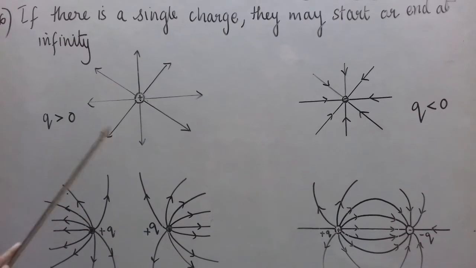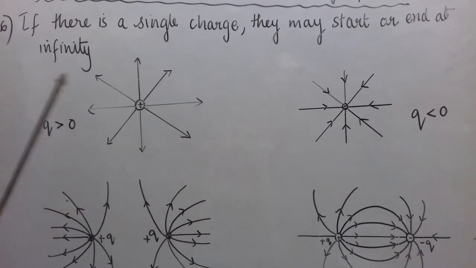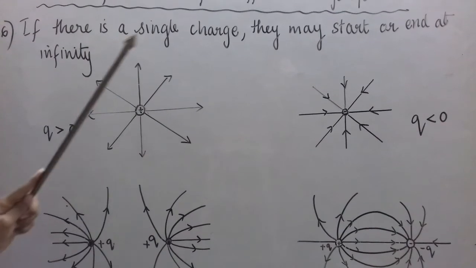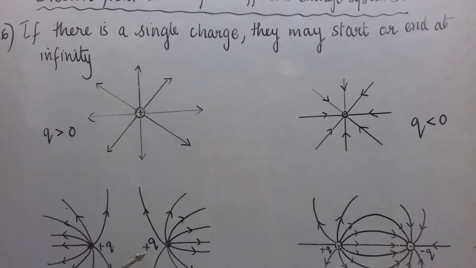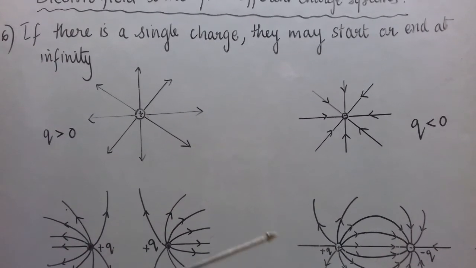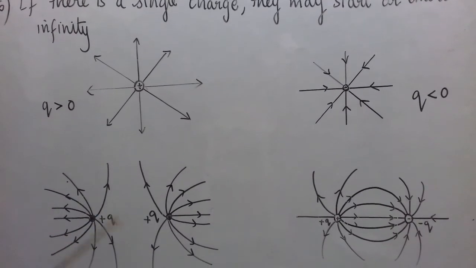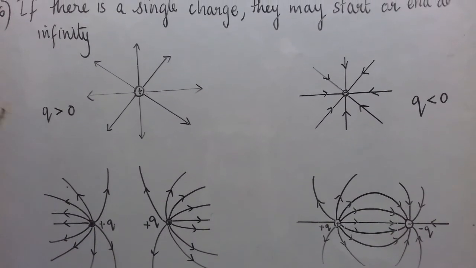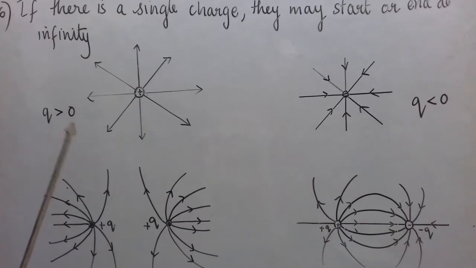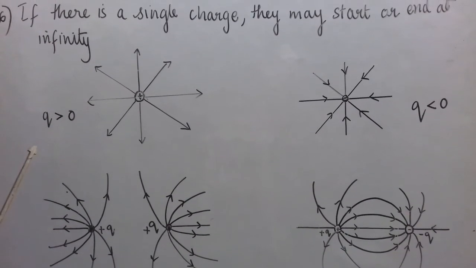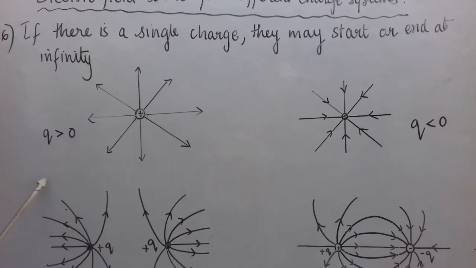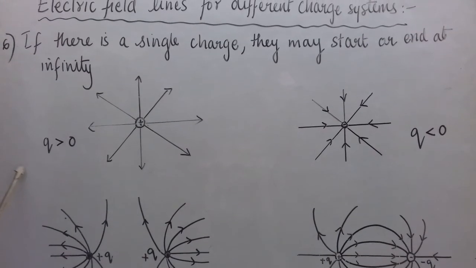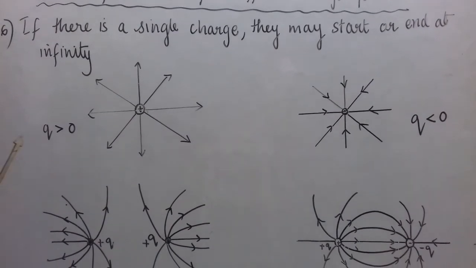You should at least know how to draw the electric field lines for a single point positive charge, a single point negative charge, a pair of two equal and opposite point charges, and a pair of two equal and like charges. Okay, and now the property that inside the conductor electric field lines cannot pass, we will study in one of the next topics. So just remember, the electric field inside a conductor is 0. We will go in depth on this point in one of the next topics.